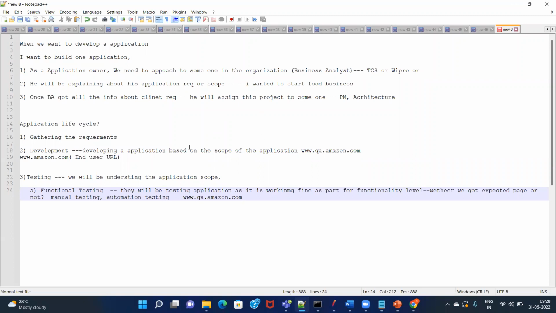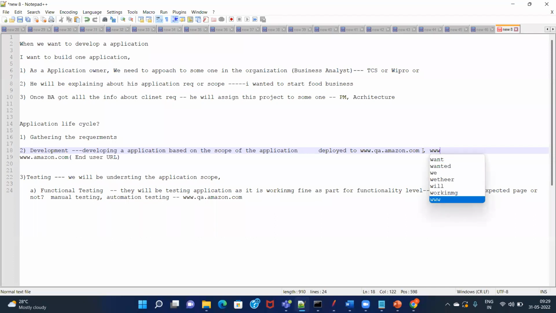At the first phase, the application is deployed to QA. After a few days, once the application comes into good shape, they will deploy it to UAT, for example Amazon.com